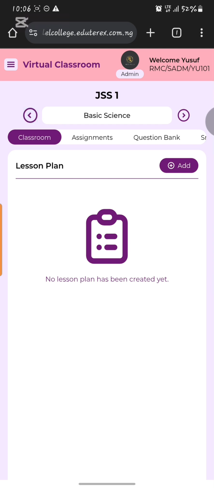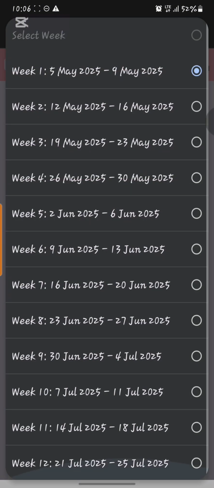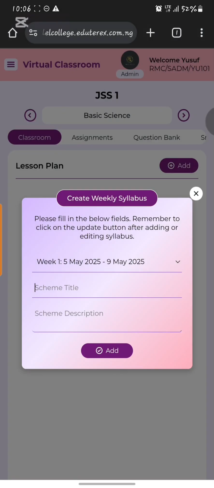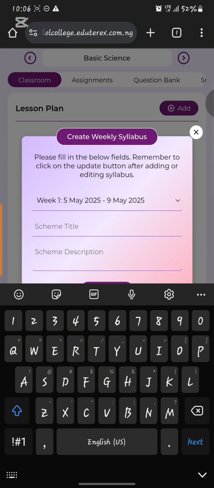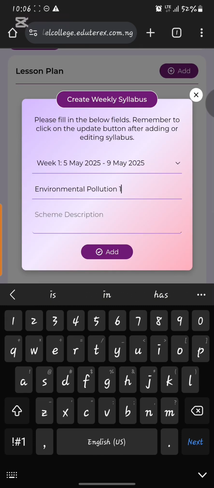Yeah, so what I need to do here now is to create a lesson plan. Lesson plan contains the scheme of work for this particular term and for this subject and this class. So in this third term, because I'm operating on third term, there are 12 weeks. So I need to create the scheme of work for week 1. So for week 1, I need to input the scheme title. So let's say environmental pollution, and we need to give it a scheme of work. Let's say environmental pollution 1,